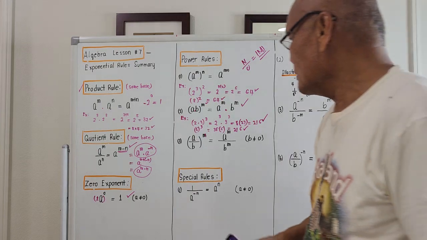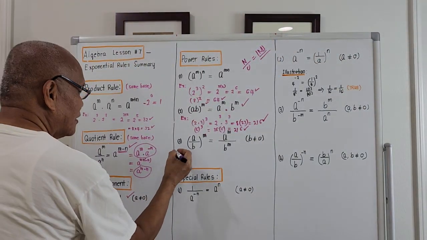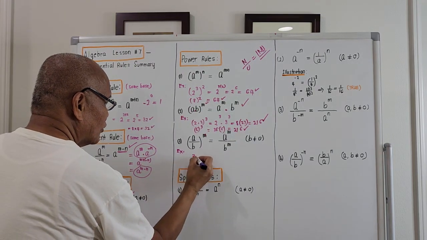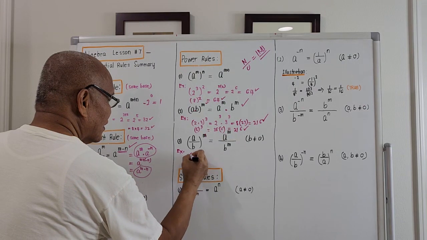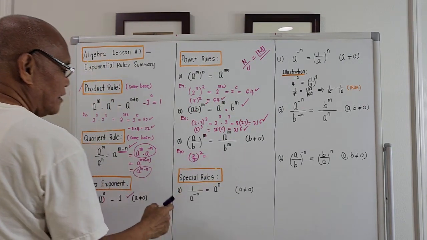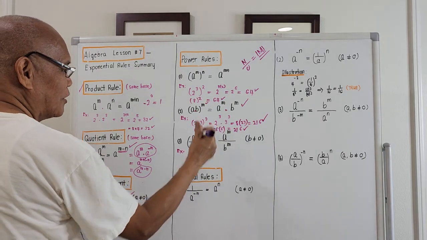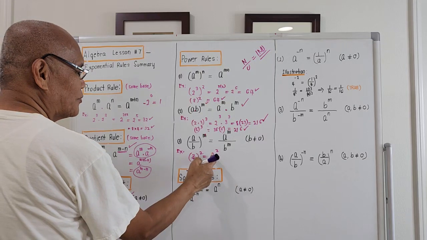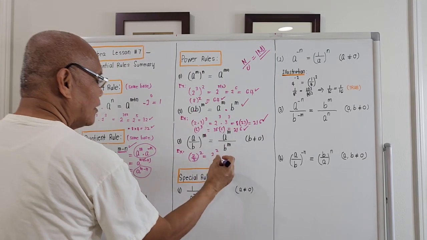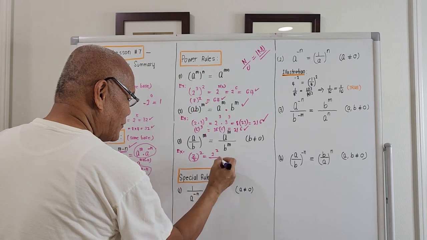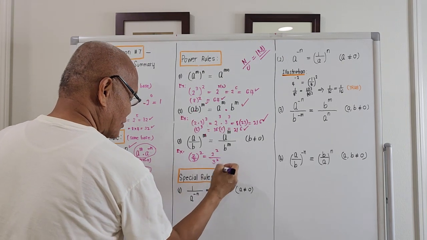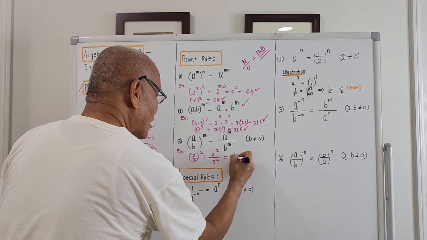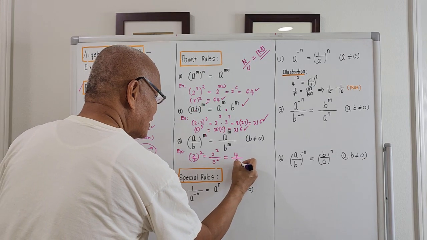We could give an illustration on this one. Example: (2/3) squared. If we try to follow the rule, it should be 2 squared, the base of the numerator raised to that same power, all over the denominator raised to that same power. What is 2 squared? It is 4. What is 3 squared? It is 9. So the answer is